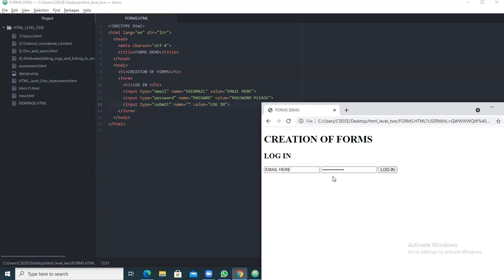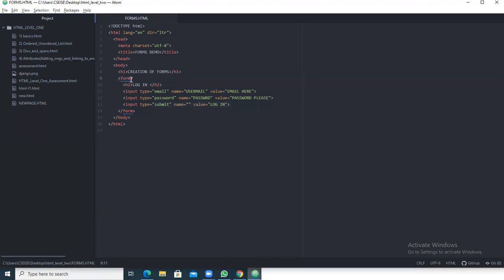It will go to some other page. When it is going to some other page, that will be the action of the form. Understood? I will tell you how the form should be.